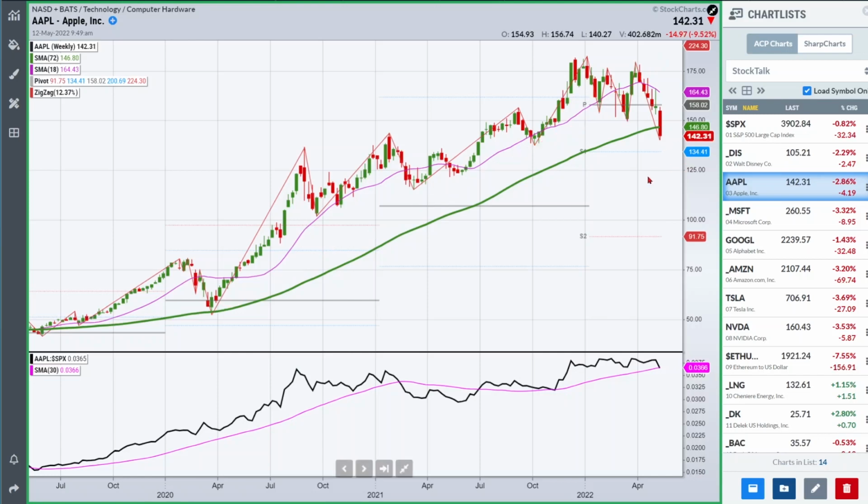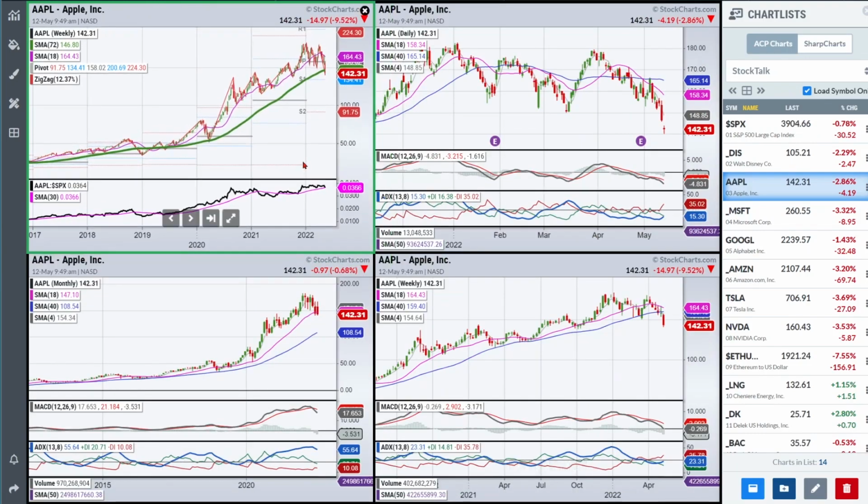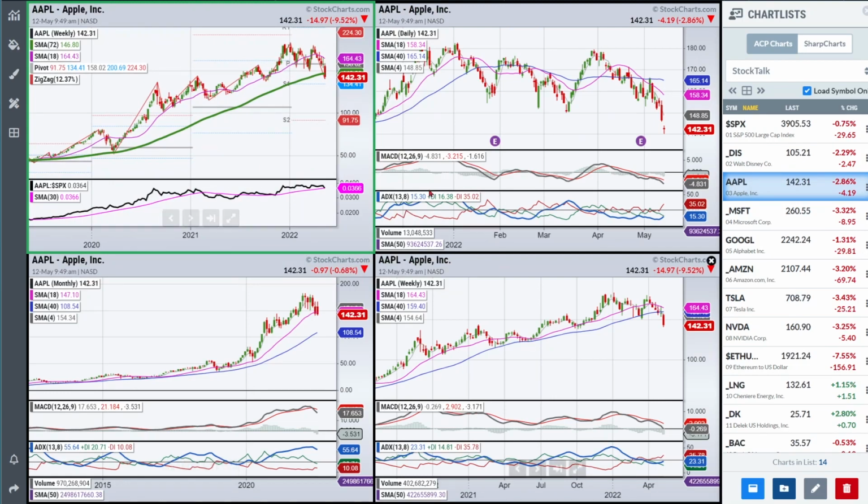Now, what I'd recommend here is not necessarily to look for some kind of a massive drop. I think what you want to learn from the fact that we've made a 1, 2, 3 top is that the trend this has been in for the last several years is over. Okay, now it's a question of, is it going to turn into a downtrend? Is it going to go sideways? How it reacts at these support levels, I think, is pretty important.